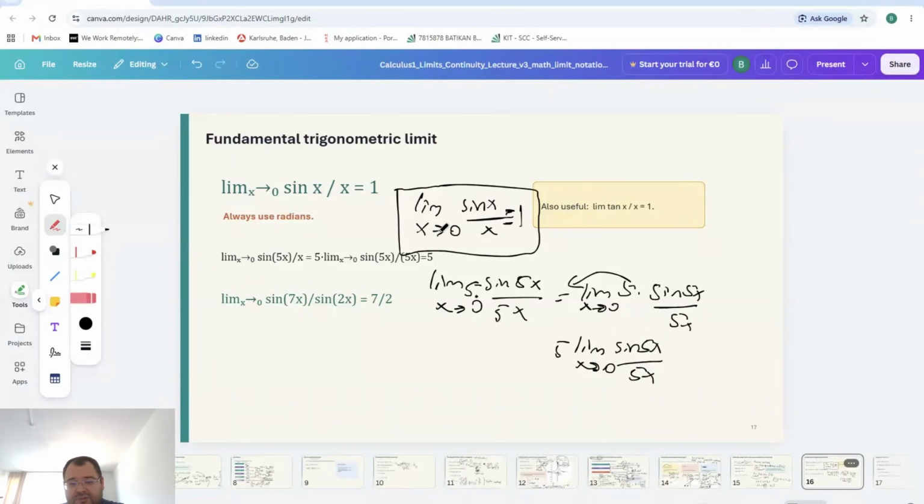This is similar to this: when x goes to 0, sine x divided by x is 1. When x goes to 0, sine 5x divided by 5x is also going to 1. So you will end up with 5. Here, the limit